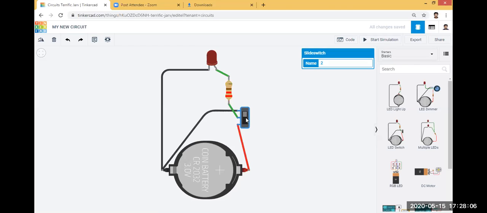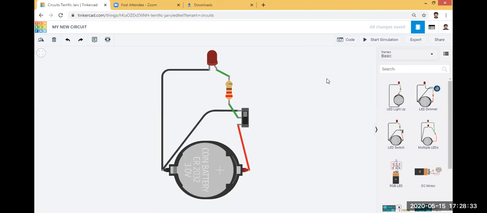What is the use of this slide switch? The slide switch is a component that consists of a slide. When you click and move this slide, the circuit changes accordingly. Depending on the movement of the slide switch, upward or downward, the LED glows. That is the use of this slide switch.